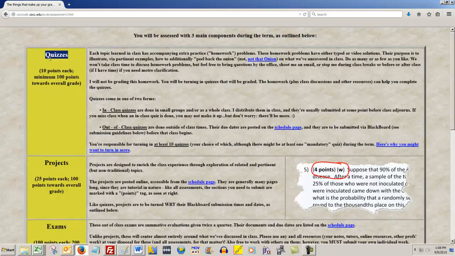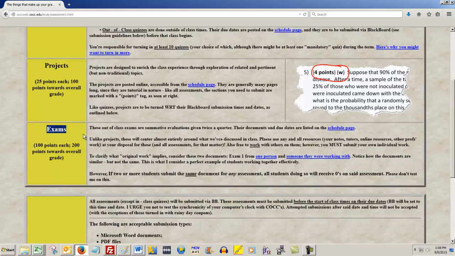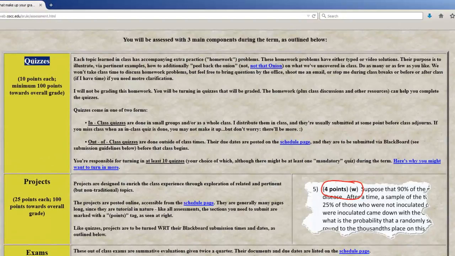There are quizzes, there are projects, and there are exams. Okay? Now let's talk about each one, and then we'll talk about how you submit them, and then a little bit about why everything is the way it is. First off, each time we do a topic in any one of your courses, 105 or 243 or 244, I've